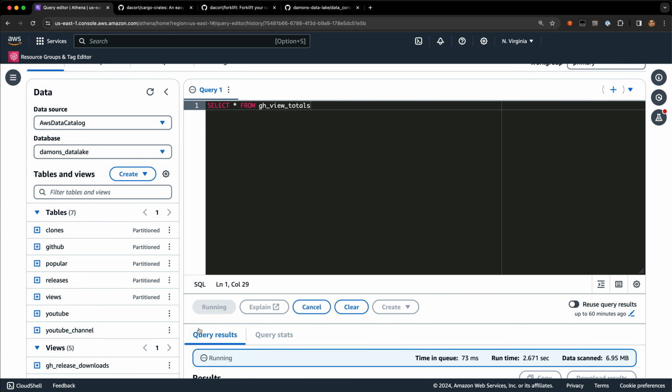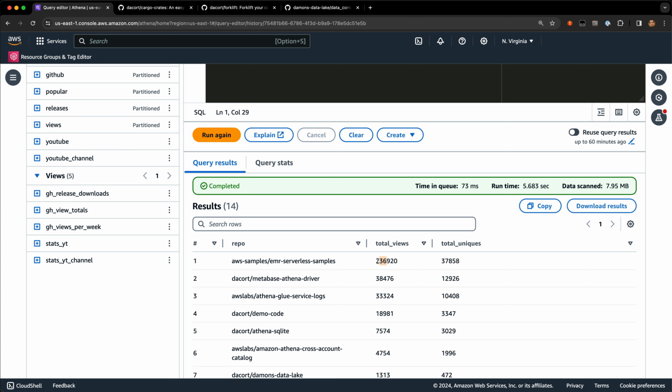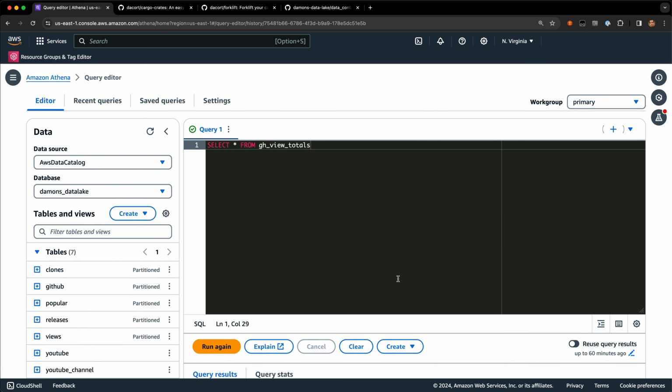But if I look at that, you can see that the EMR Serverless sample repo has had a couple 100,000 views over the past few years and almost 40,000 uniques. Just kind of cool looking at that. I hadn't run this query in a long time, so I didn't realize that repo had gotten that much activity, which is humbling. It's awesome to see that over the course of the past few years. So I hope that's been useful to folks. But yeah, I can look at this data, aggregate it, and it was pretty straightforward. I just took my cargo crates, spit it out to S3, ran a crawler. This thing's just been sitting here running for the past 3 years, and yeah, that's about it.